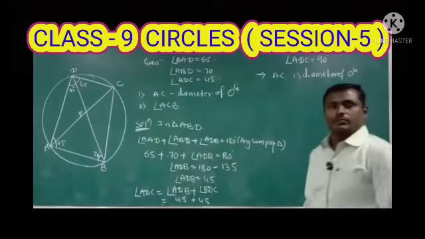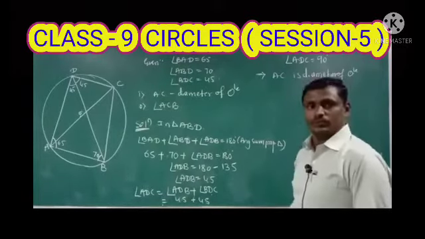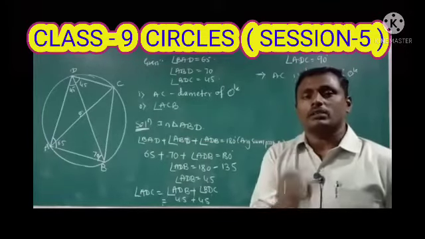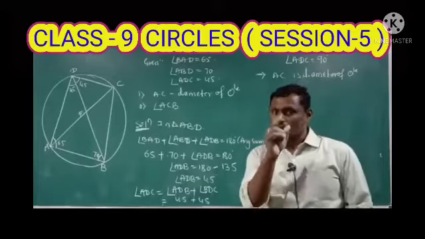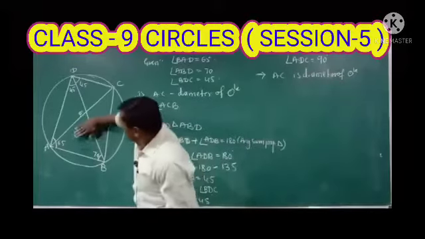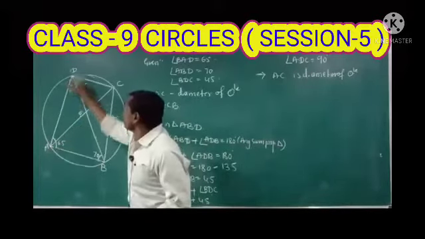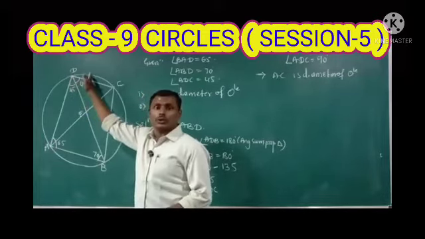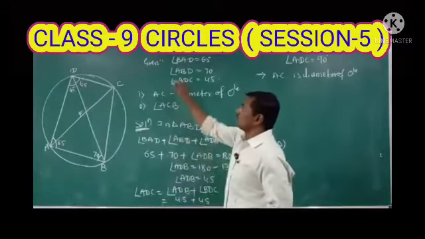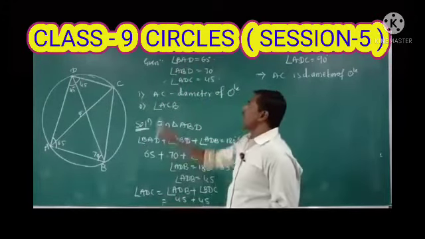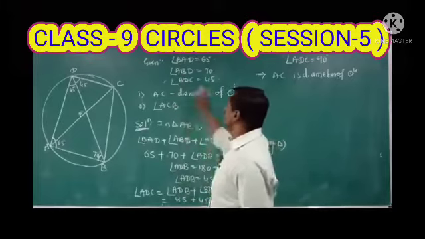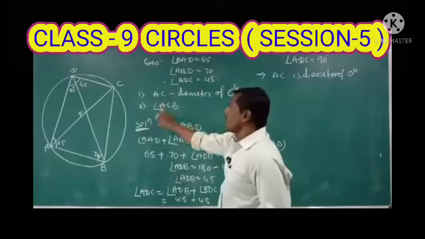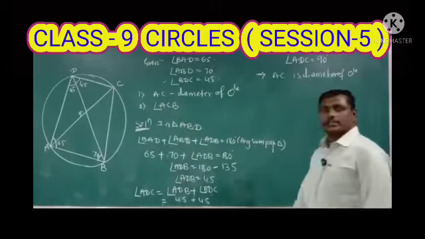Next one. So this is the first proof. We already learnt in the previous classes, no? Whenever the angle is formed on the semicircle, that is always equal to a right angle. So the angle ADC is formed on the semicircle, and that is equal to 90 degrees. Next, what do we need to calculate? Angle BDC is already given, that is 45. We need to calculate one more angle, ACB.